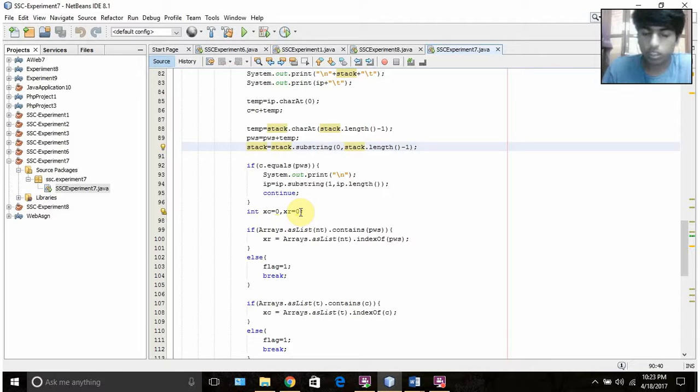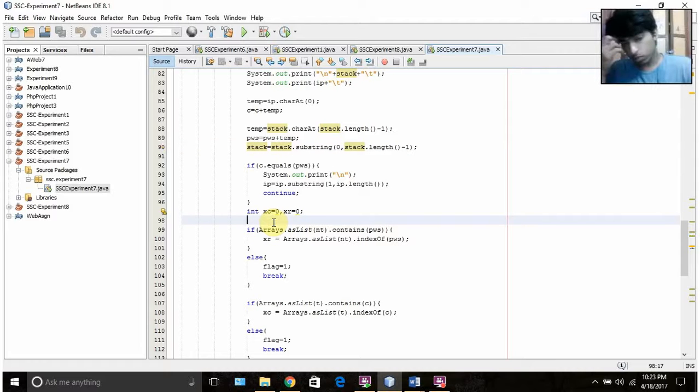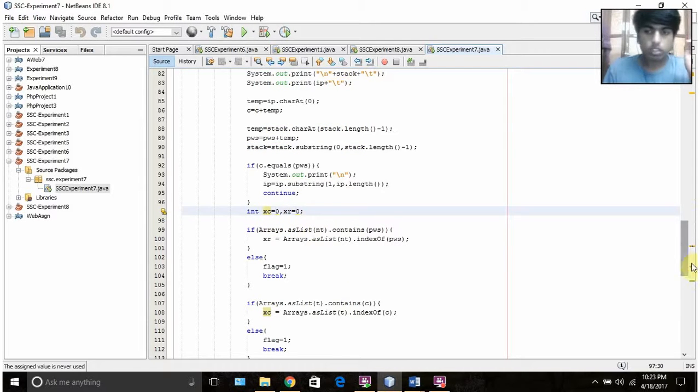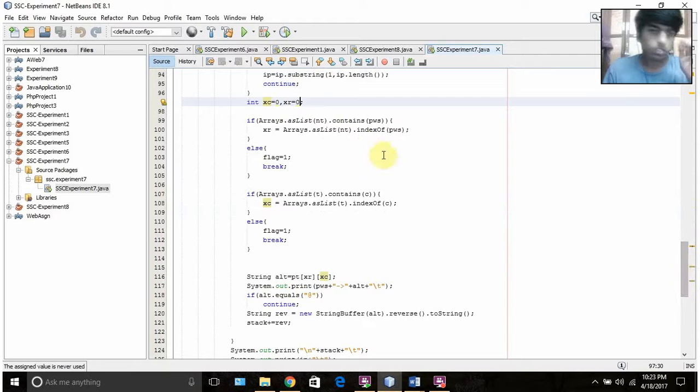Now my purpose is to check if they're equal. If they're equal, as I said before, it's removed, and if it is not, the next step is to find the alternative production that is to be put inside the stack. To get that from the parsing table, you need to find the index of that alternative production. So you have variables xc and xr to denote the index of column and the index of row, and to find the index of the row, you check